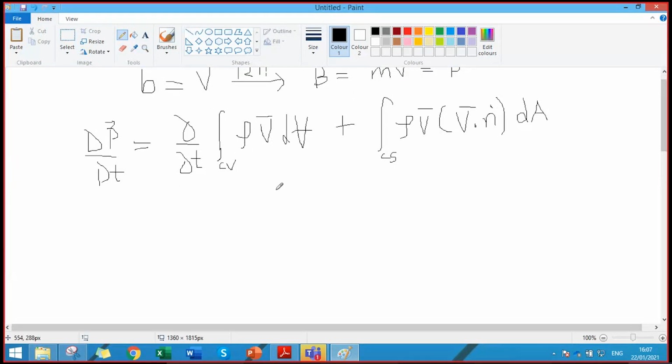What is time rate of change of momentum? You would have studied this thing. Time rate of change of momentum क्या होता है? आपने पढ़ा होगा इसको कहीं पे. Force. Yes, time rate of